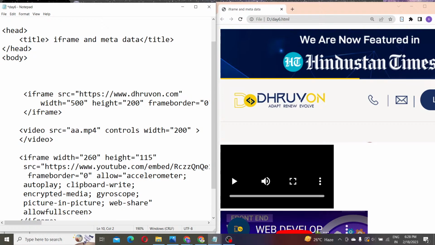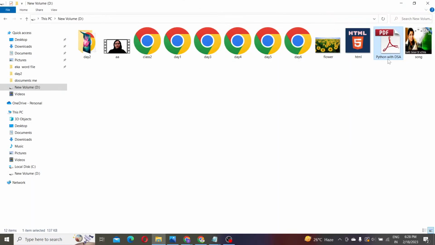So here I have one PDF whose name is Python with DSA. I'll just rename it so that it will be easy for me. I'll just write python.pdf, and I'll comment out this website, and I will change my PDF size. Height is fine. I'll just change the width. Instead of 500, let's use 300. So when I save it and refresh my page,